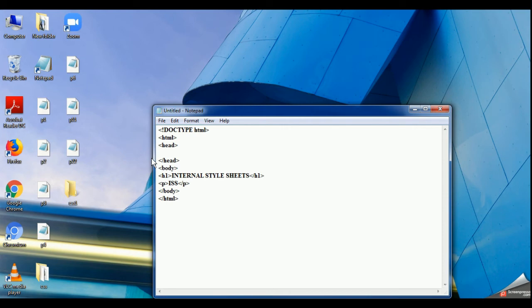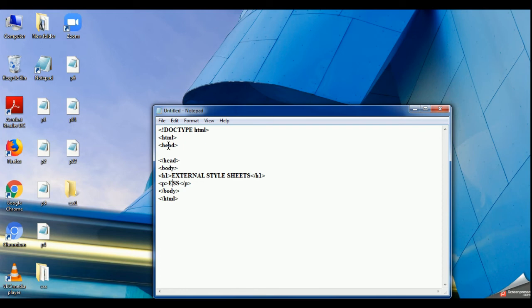Now see what changes you will be seeing here: in the doctype element, you can easily use the link element.